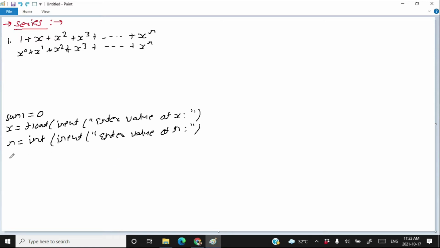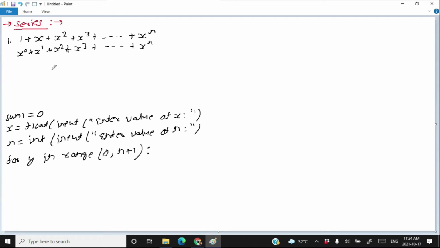Now, you have to use a loop which goes from 0 to n. So write here for y. I am using the variable y because x and n are already engaged, so let's take a different variable. For y in range 0, comma n plus 1, colon.